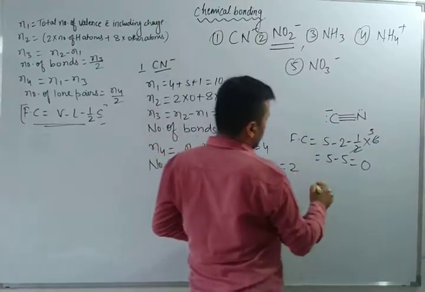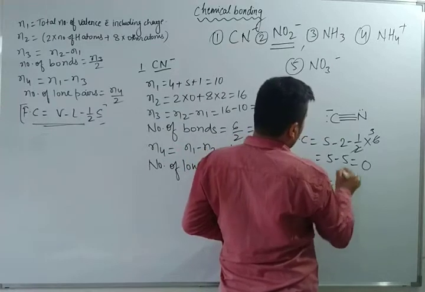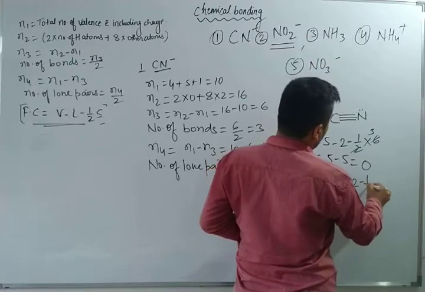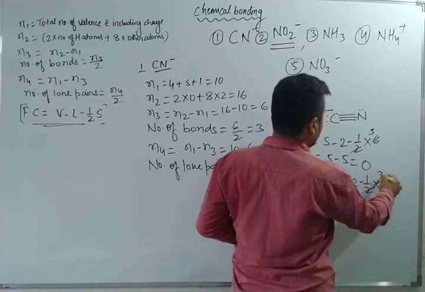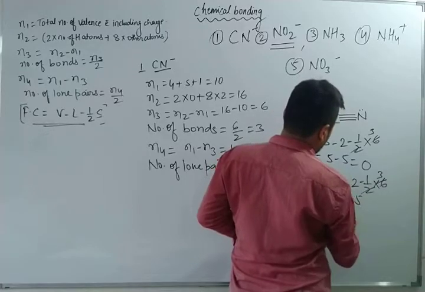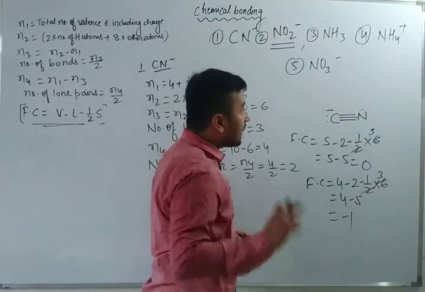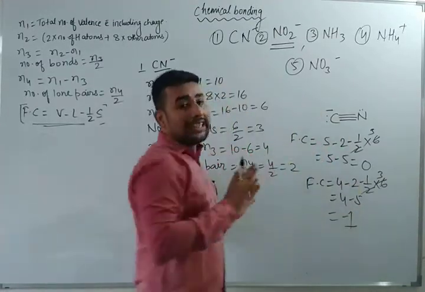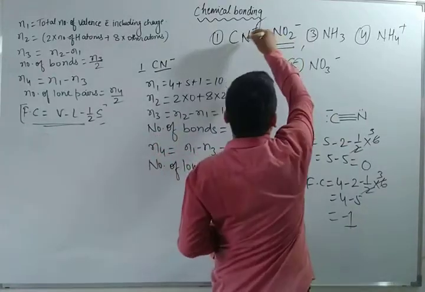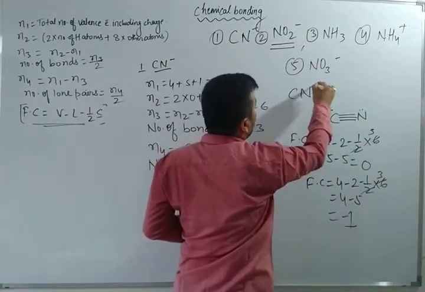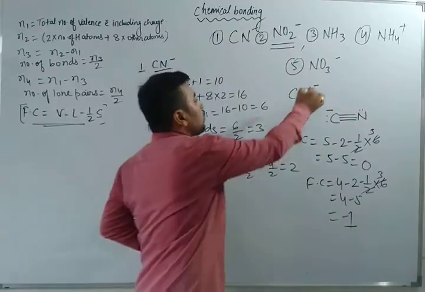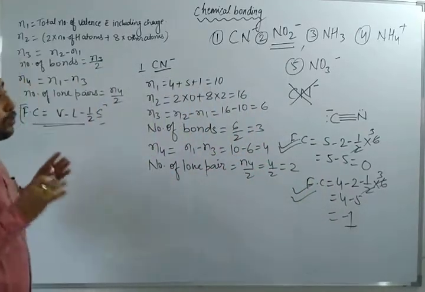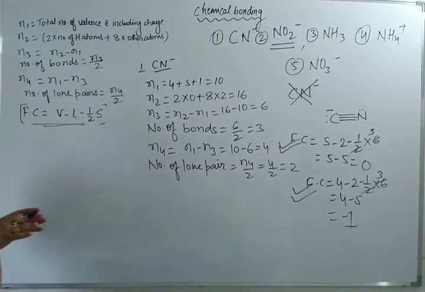0. Let's calculate about the carbon. Formal charge of carbon. Total number of valence electron 4. Lone pair electron 1. Shared pair electron 6. 2 plus 3 is 6. 4 minus 5, that is equal to minus. Why I have put here minus charge? Just to tell you that wherever you are getting the formal charge in the minus, so there you have to put. If I directly write here Cn minus ion, so you will think that we have to understand that minus 1 charge of nitrogen, so this one is wrong. So that's why we calculate the formal charge and then we understand that where to put minus. Got it? Okay, this was the first question.